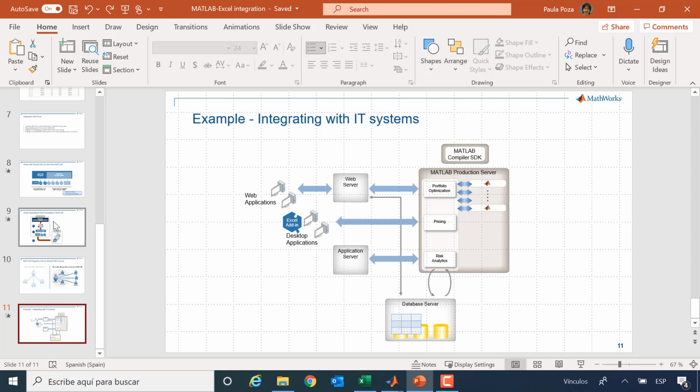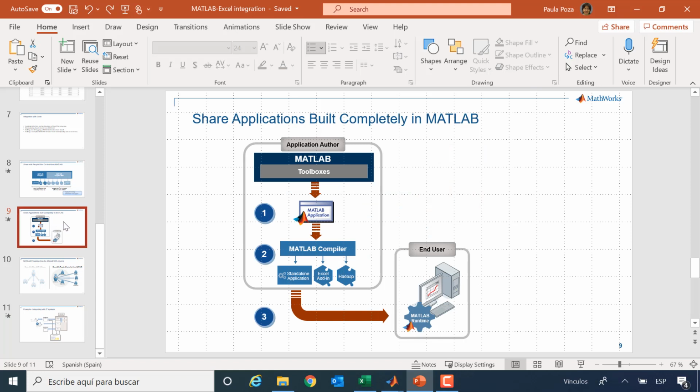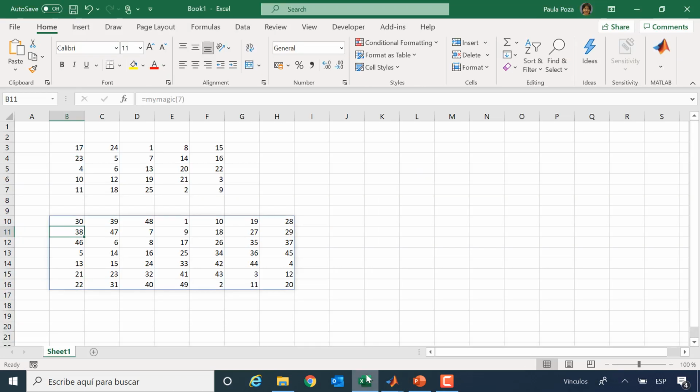Another alternative I mentioned before would be you take your algorithm, your .mlx or .m, you convert it with the MATLAB Compiler into an Excel add-in, and that Excel add-in gets put into the Excel of the person who wants to call the function. So if I am the person creating the MLX, I give it to the person who doesn't have MATLAB but wants to run the algorithm.